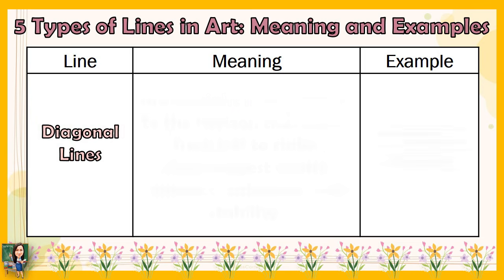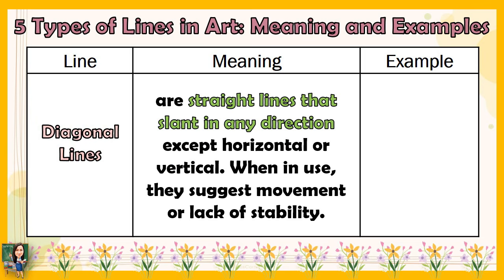Another line is diagonal lines. Diagonal lines are straight lines that slant in any direction, except horizontal or vertical. When in use, they suggest movement or lack of stability. For example,